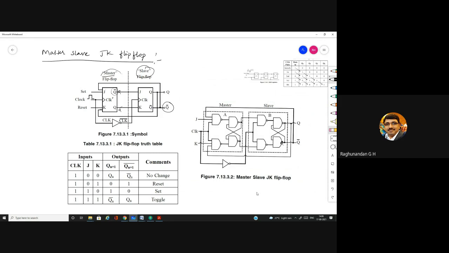So you can observe this. This is one SR flip-flop and this is one SR flip-flop. To this, we are giving the cross connection from the output. Q is connected here and Q bar is connected here. By doing this cross connection, we are going to convert this SR flip-flop to JK flip-flop. When output is connected to the input, the same SR flip-flop gets converted to JK flip-flop.